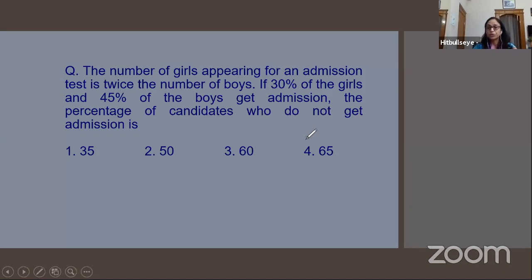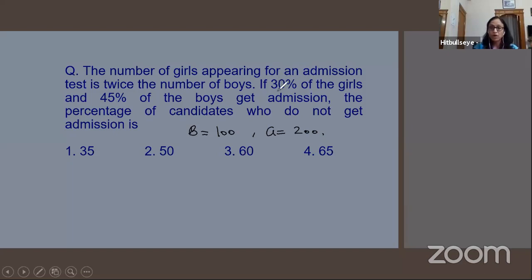Because, as I told you guys, for a fraction, the totality is always 1. Similarly, for a percentage, the totality is always 100, right? So rather than bringing two variables like B and G or X and Y into the picture and complicating your question, what you will say is that the number of girls appearing for an admission test is twice the number of